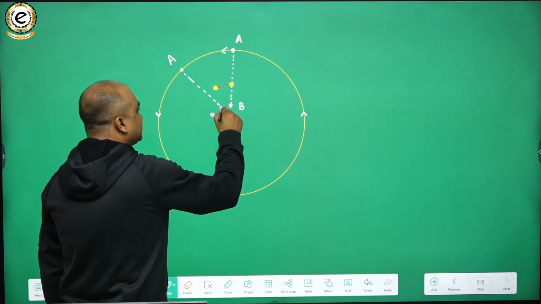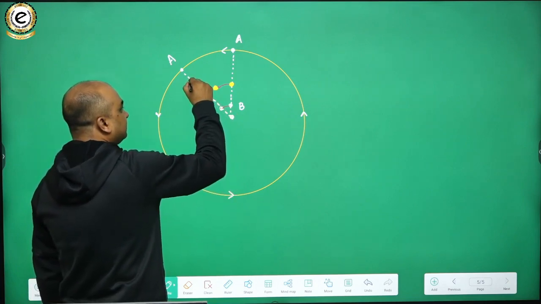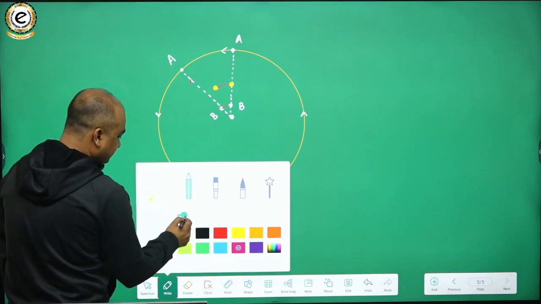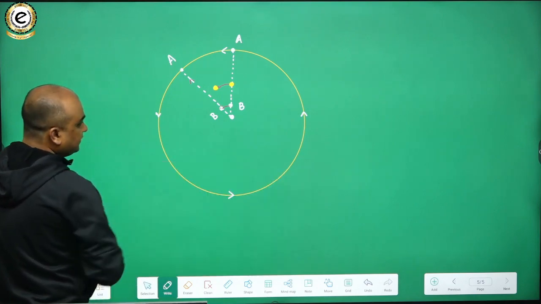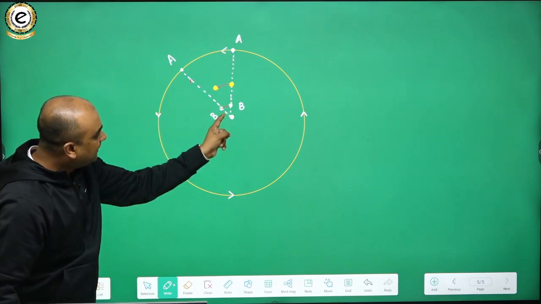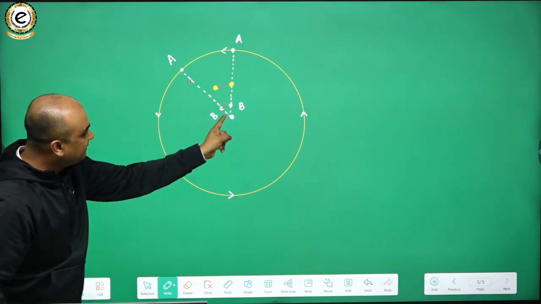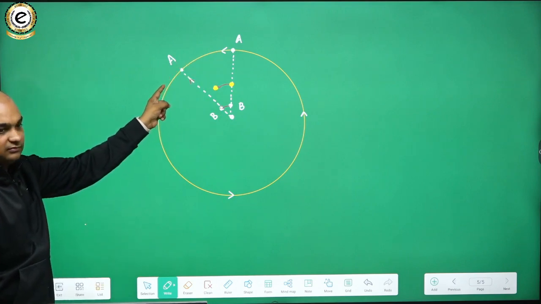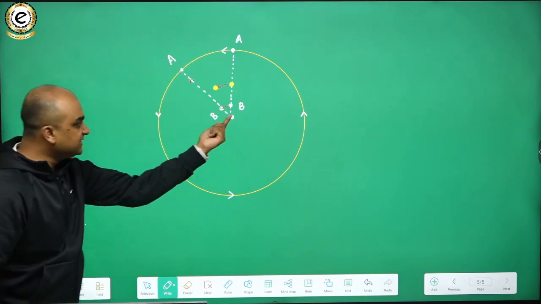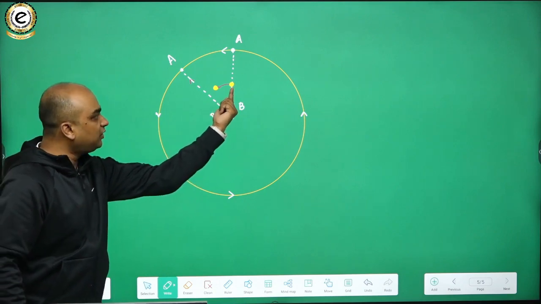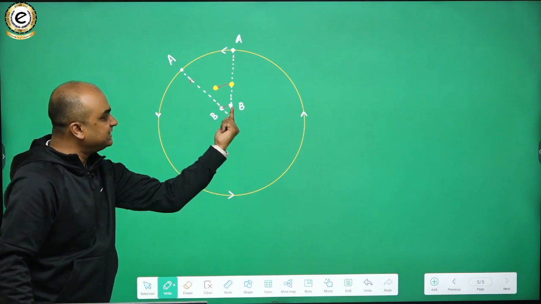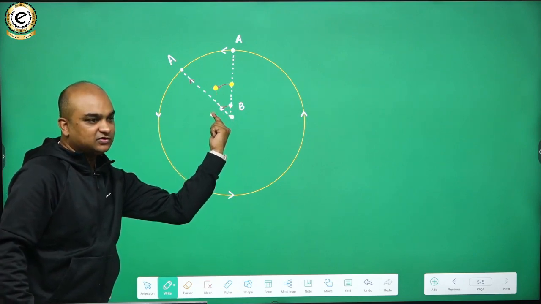As B has thrown the ball towards A, this is what B has done. Look here. B has thrown the ball towards A. But by the time the ball reaches A, the disc has rotated. This is A's new position. This is B's new position. Since B has moved, the ball will also move. Do you get it? It will also move the same distance as B has moved because of the law of